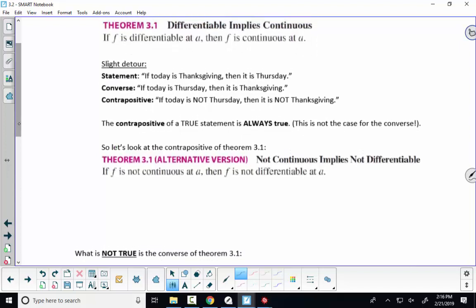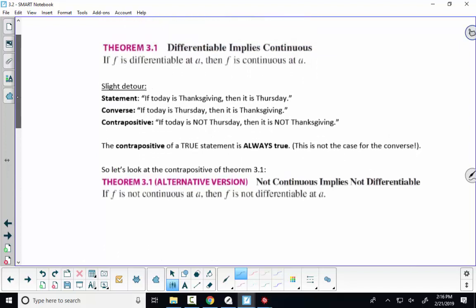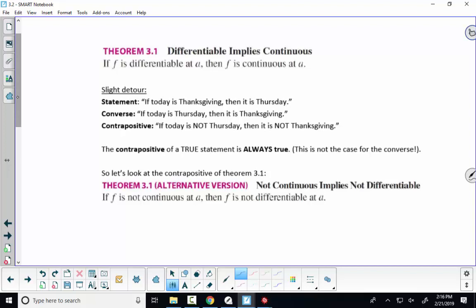And you'll notice there's an alternative version to that. This is sort of a detour, kind of an exercise in logic. Has anybody taken a logic class before? I think they offer it here as part of a philosophy class. Logic is applied to language or mathematics or whatever the scenario may be. They make it generic enough to apply to a broad range of things. But if we've got an if-then statement, like if today is Thanksgiving, then it's Thursday,